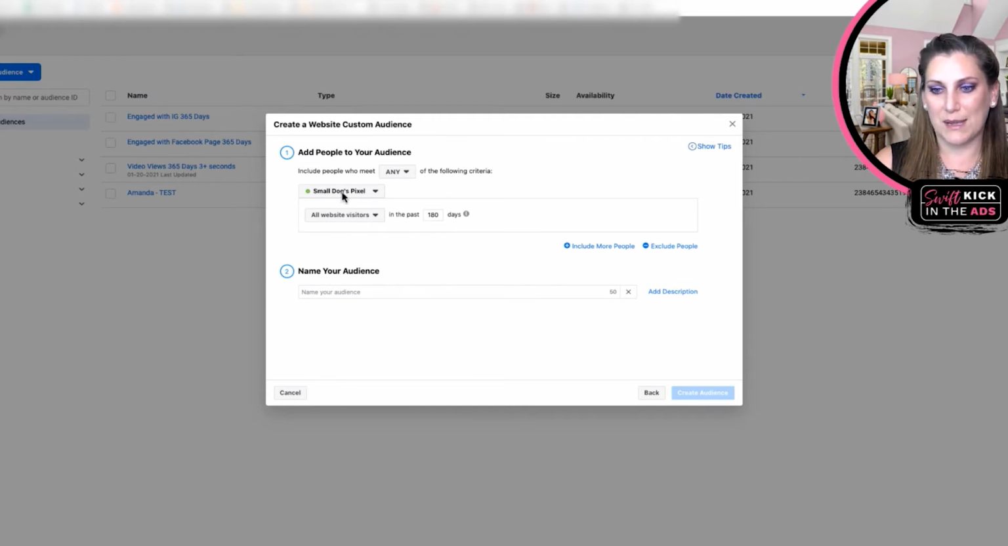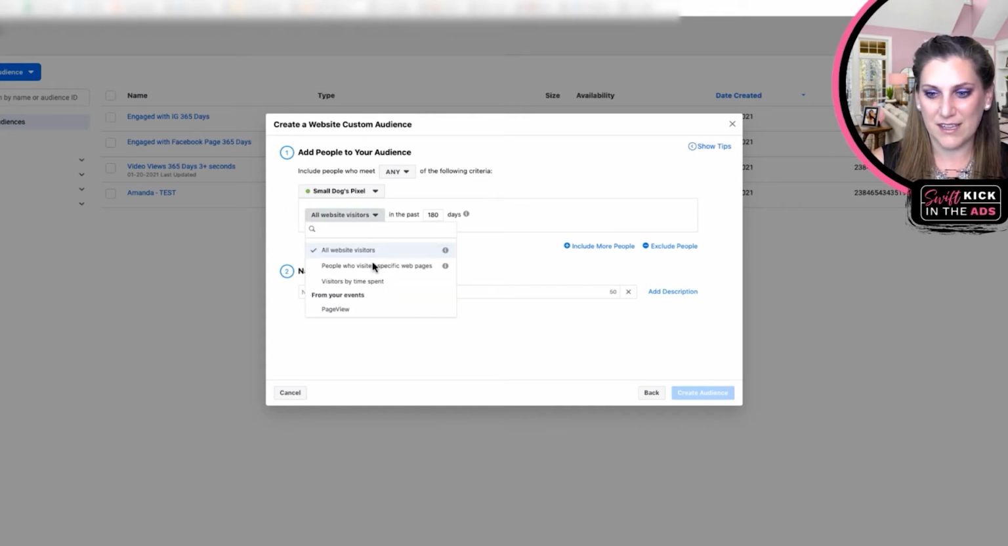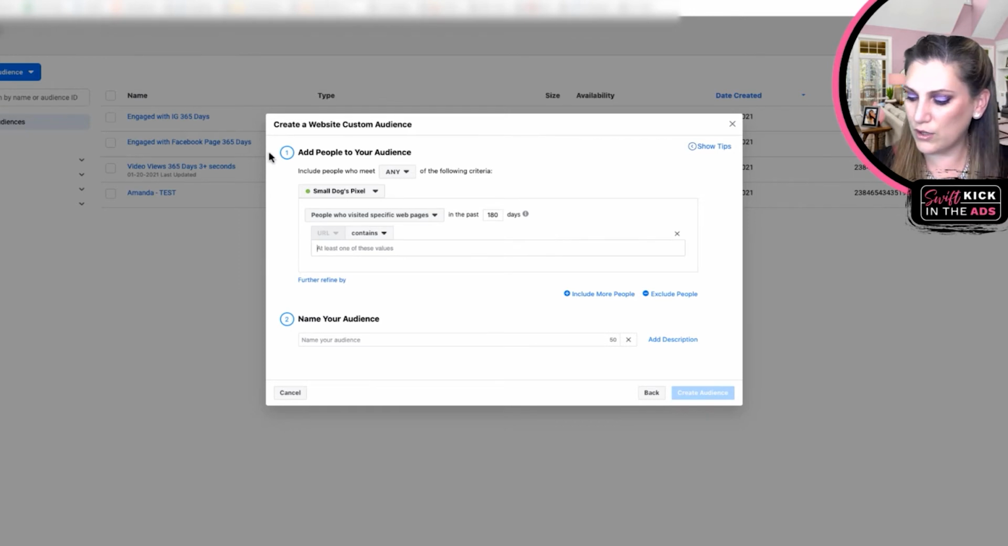Now, yes, I am using Small Dog's ad account and Small Dog's pixel. Don't ask. I do have other options in here, though. Instead of all website visitors, I can go after people who visited specific web pages. So say I want to target anyone who has visited a page that contains the word blog. So if I have blog in my URL and then all of my subsequent blogs, that's one way to do it. Or if I wanted to target anyone who has hit a page on my website that has thank you